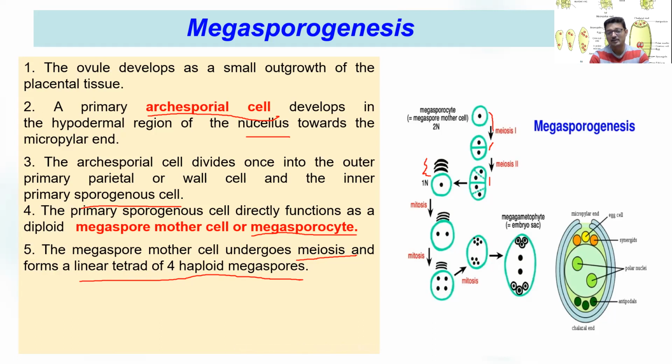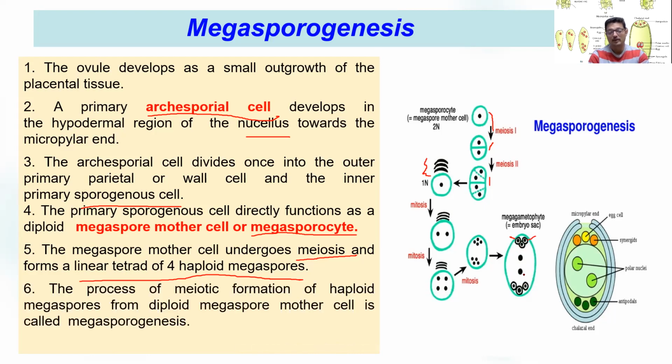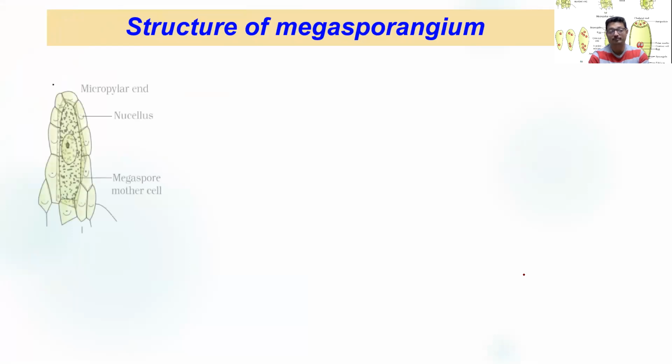At the chalazial end, you will find there are 3 cells called antipodal cells. At the micropylar end, you will have 2 cells as synergids, and one cell is the ovum, the female gamete. And the central cell has got two nuclei, called polar nuclei, right? So this is very, very important for you to understand how the arrangement takes place. Because when we read fertilization, we'll be referring back to these events.